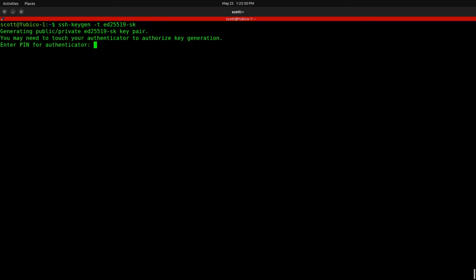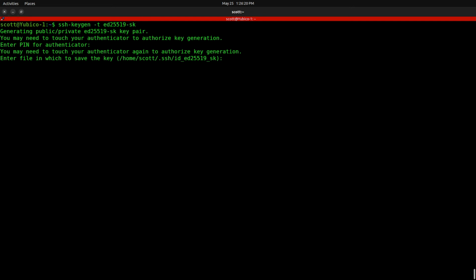Now it asks me for my PIN code on the Yubico, and when I hit enter, it is flashing my Yubico right now. Keep in mind we're inside of a container called Yubico 1, but my host happens to be my desktop Incus server, and that desktop Incus server has the Yubico key plugged in. So now I touch the key,